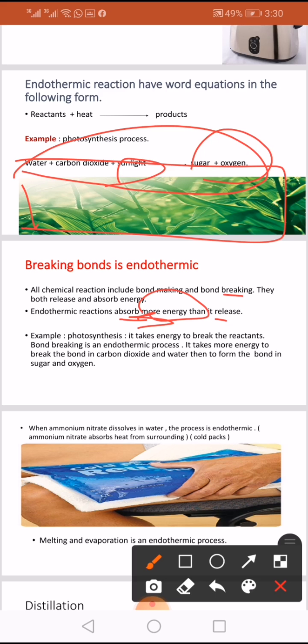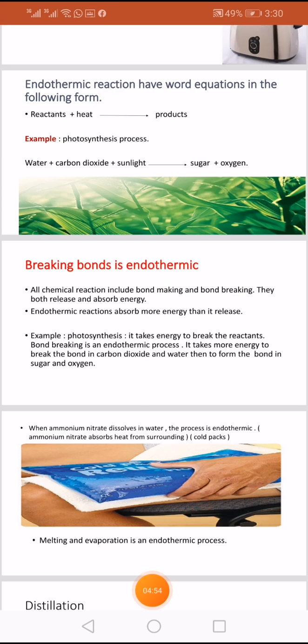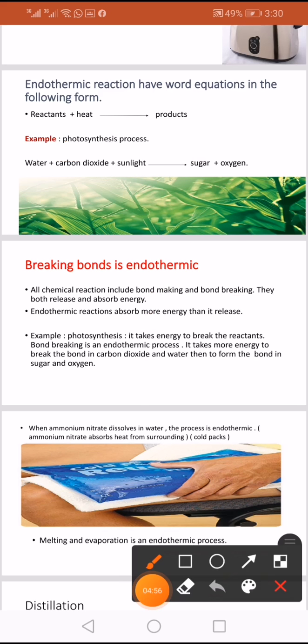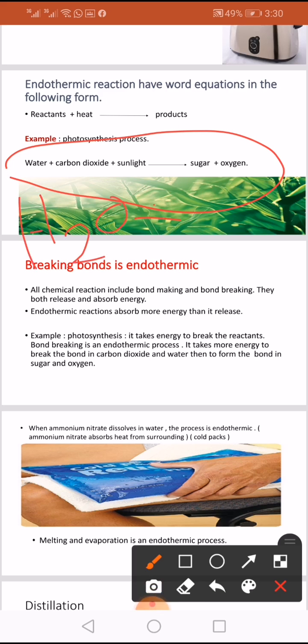Example, photosynthesis takes energy to break the reactant. Bond breaking is an endothermic process. It takes more energy to break the bonds in the carbon dioxide and water than to form the bonds in the sugar and oxygen. Look here. In the example of the photosynthesis process, water, which is H2O, plus carbon dioxide, which is CO2,